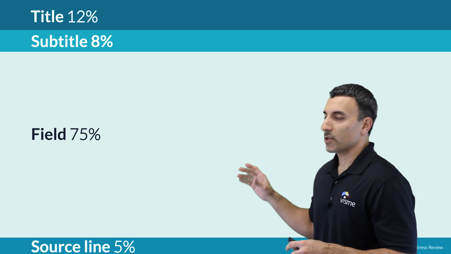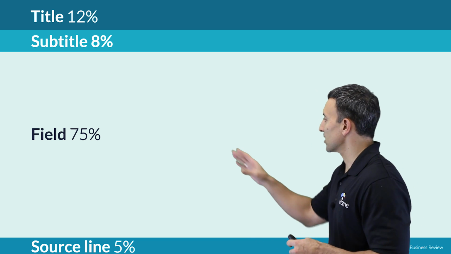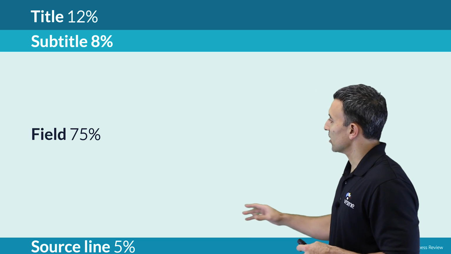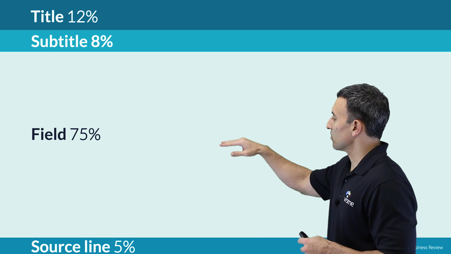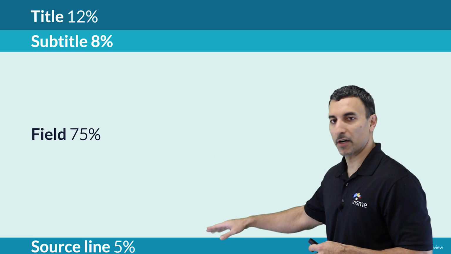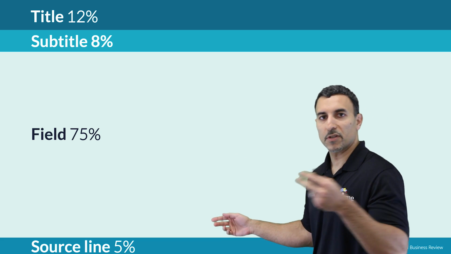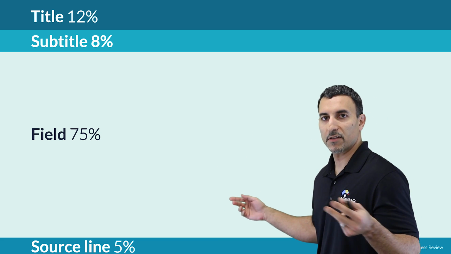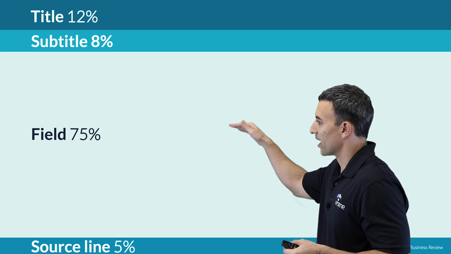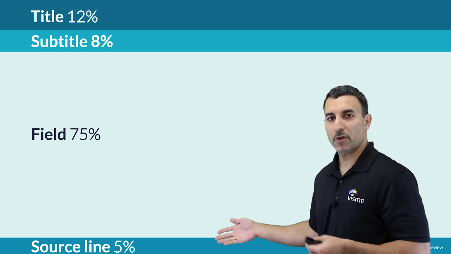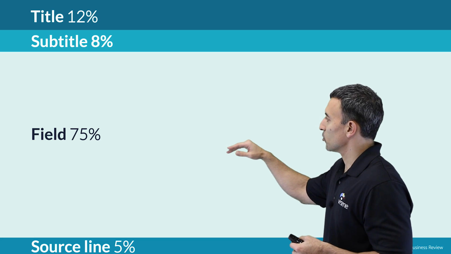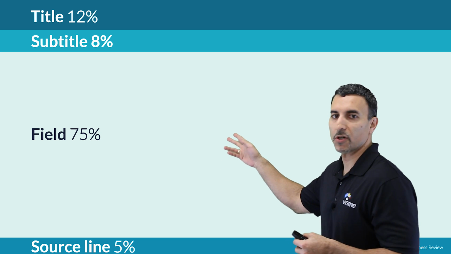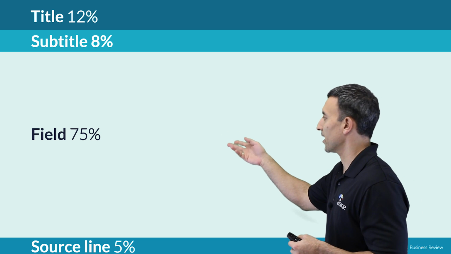So your visualization should be well structured. Imagine this slide here is the real estate for an actual graph. Title, subtitle, content, and there's the footer. In fact, it's very similar to the last episode that I did on how to design your infographic, where we talk about there's a header area, a body, and a footer. Very similar. But you only want to have about 20%, so about 12% for your title and about 8% for your subtitle.